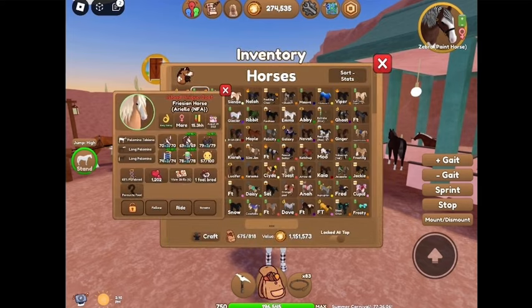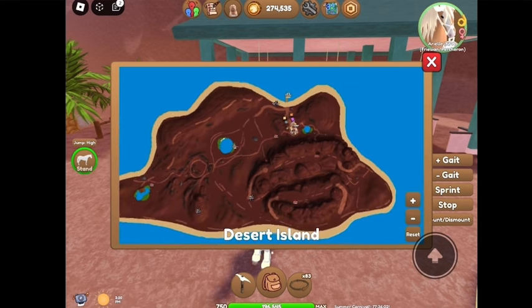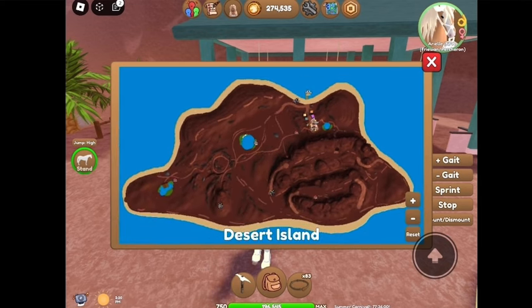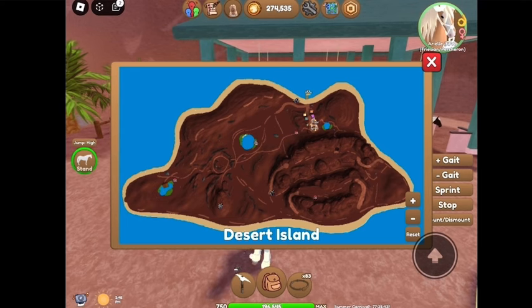So let me get Ariel back out. I like to start in a certain area and make sure you know all of the horse spawns, because that really helps. If you don't, you're going to want to run around the island and count as many as you can. Now, some horses will have as many spawns, but if you don't find a horse in the same spot,